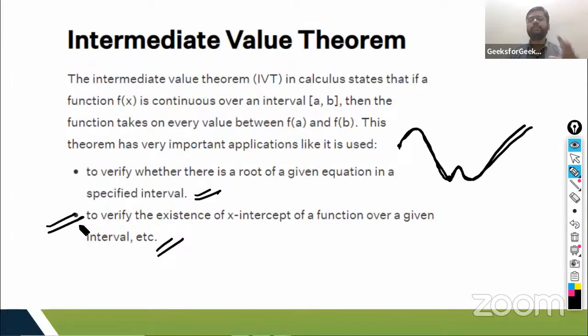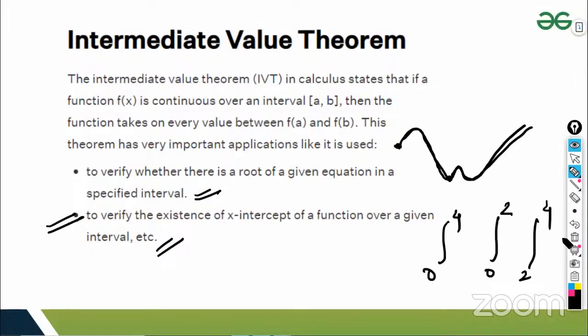Here the second part will come because of the intersection of the x-axis, यही आपका जंप एक्सिस बन जाएगा, ठीक है। सो एक सर्टेन इंटरवल तक यहां से लेके, आपको याद होगा ना, आप लोगों ने जब 0 to 4 लिखते हो, तो आप लोग को याद है, इसको हम लोग ऐसा भी लिख सकते थे 0 to 2, 2 to 4 इंटीग्रेशन में। सेम थिंग वी कैन विथड्रॉ विद दिस, from here to here we are making one interval and from here to here we are making another interval. सो एक सेक्शन में जंप को हम लोग एक्सक्लूड करेंगे